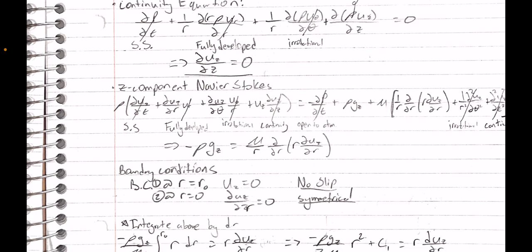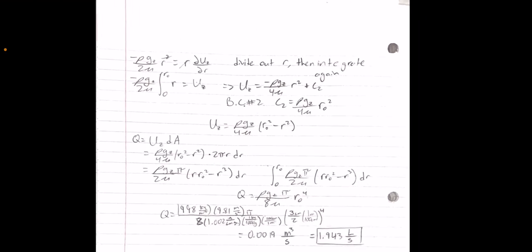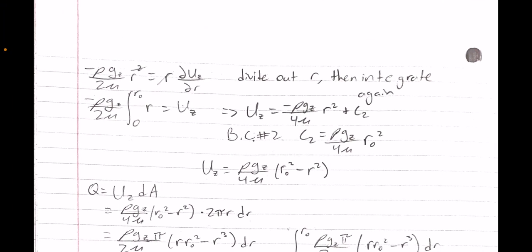The first boundary condition is a no-slip boundary condition. This assumes there's no velocity at the barriers of the flow, which is outside the tube, and the second condition is that the maximum flow rate is in the middle of the tube, which states dUz/dr is equal to 0, and that's because it's symmetrical flow. So we integrate once, apply boundary condition 2 to solve for constant 1, and then integrate again after dividing out the r from the right side, applying boundary condition 1 to solve for C2, and we